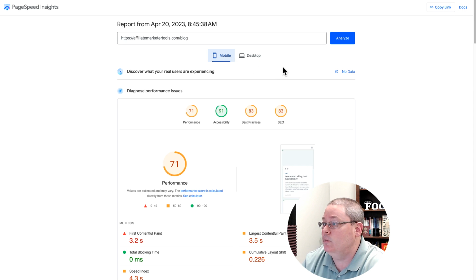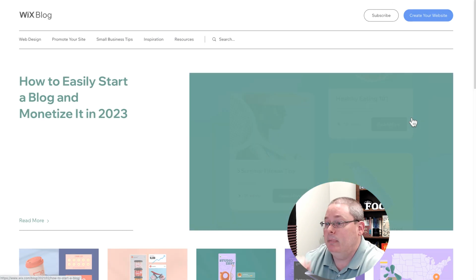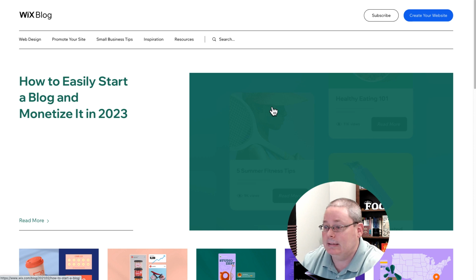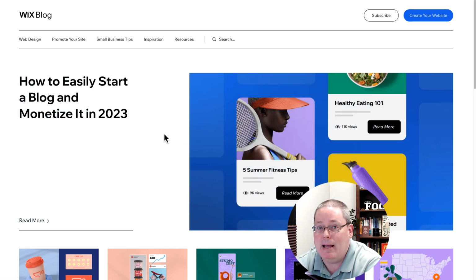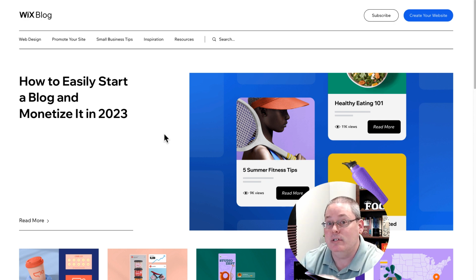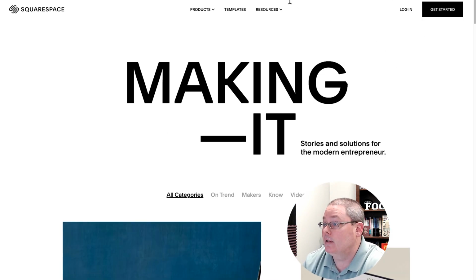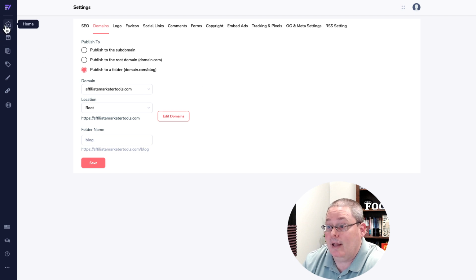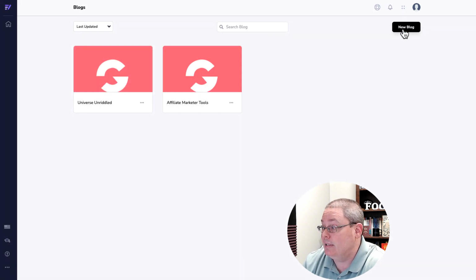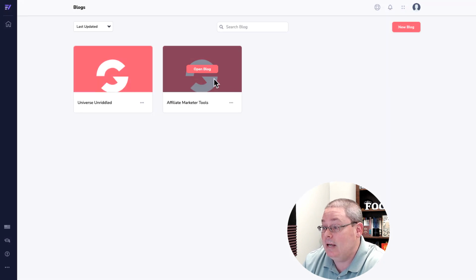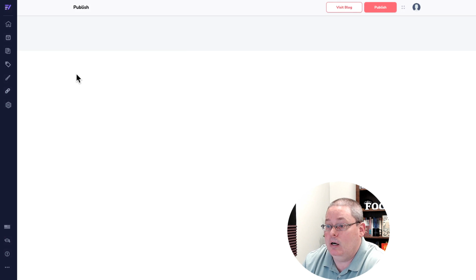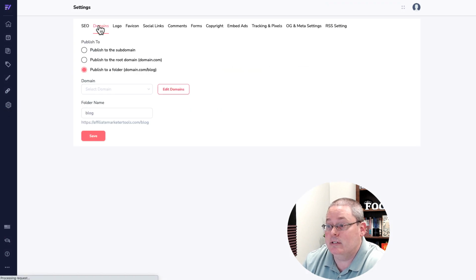Now, one of the things that you do not have is the ability to customize that, but this would be the same if you went to Wix and you bought a Wix blog. You are buying what you are buying when you are buying a blogging platform versus hosting using WordPress. If you get Wix or Squarespace, you are buying the tool like Grooveblog, where you come in here and simply select create new blog. You create it on their subdomain, or you build out the blog, and then you utilize their settings to